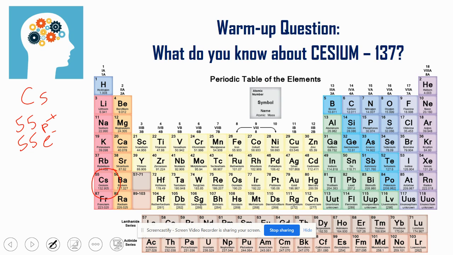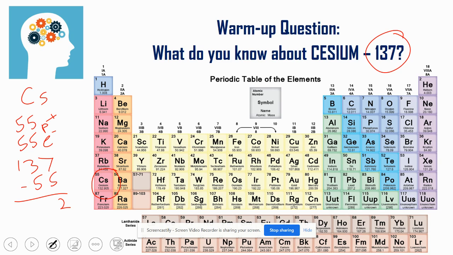Now, we're looking at something a little bit different here. The mass listed on the bottom of cesium is 132.9, and the number that we have up here is 137. So this is obviously a different mass. With that different mass, we can calculate and identify the number of neutrons in this case. So if I take the 137 and subtract 55 from that,